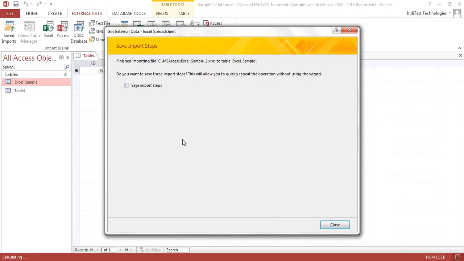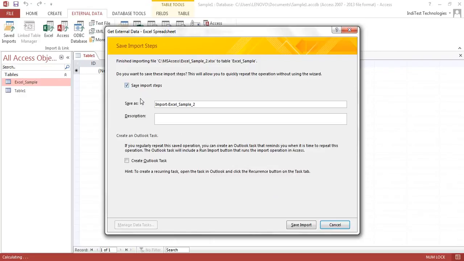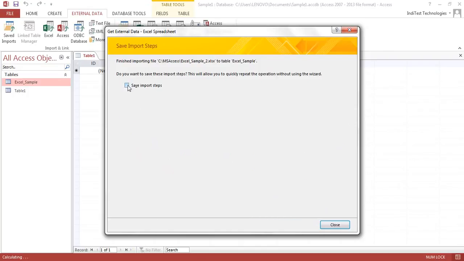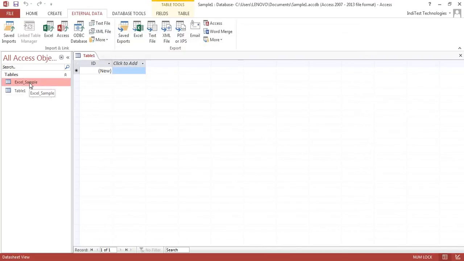So this step is not usually used unless you are trying to save the import steps, and this simply would mean giving the import steps a name, that is, Import Excel sample 2. You can change this name as per your will, and then you can hit the Save Import button over here. But right now we are going to end the whole thing and close this,